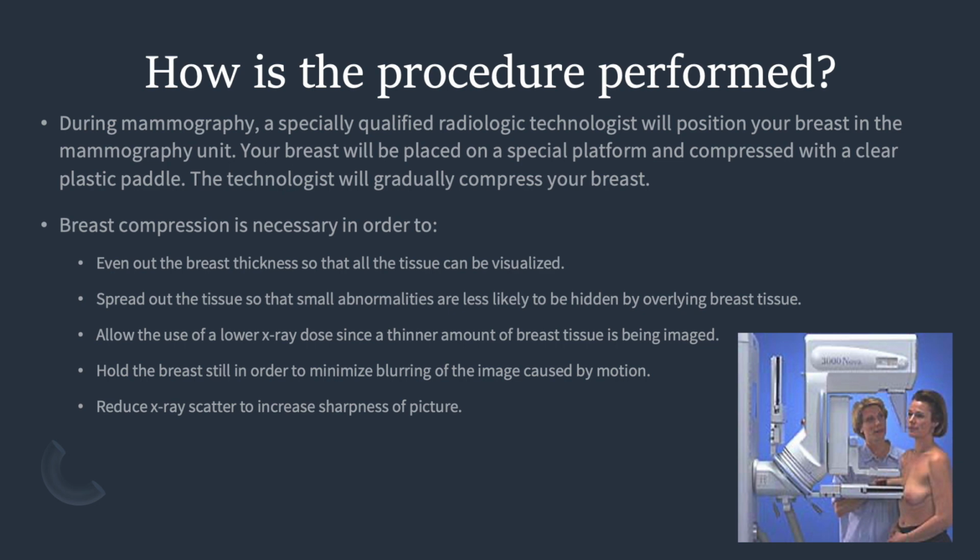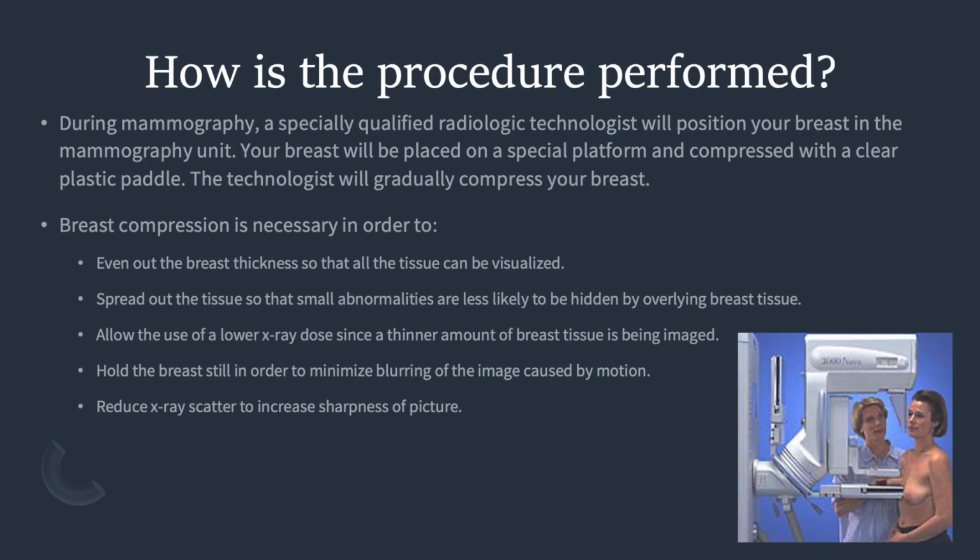Breast compression is necessary in order to even out the breast thickness so that all the tissue can be visualized. It spreads out the tissue so that small abnormalities are less likely to be hidden by overlying breast tissue. It allows the use of a lower X-ray dose since a thinner amount of breast tissue is being imaged. It holds the breast still in order to minimize blurring of the image caused by motion, and reduces X-ray scatter to